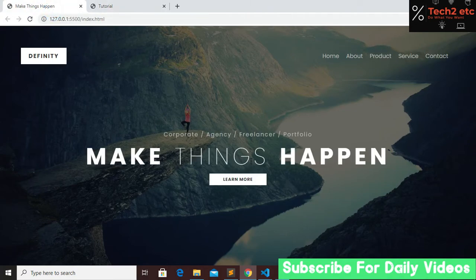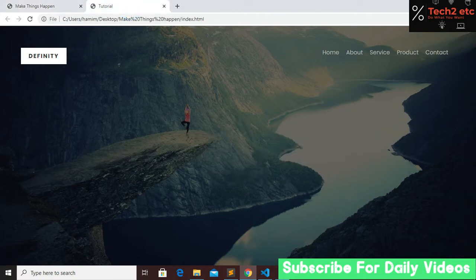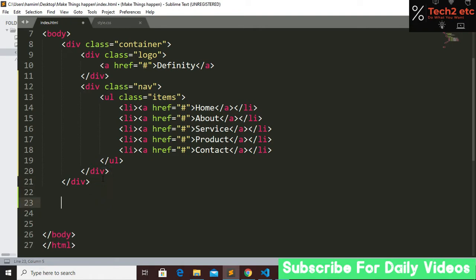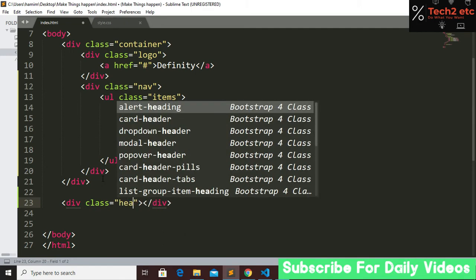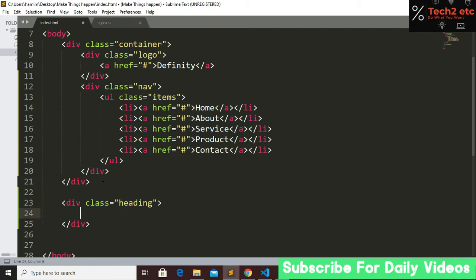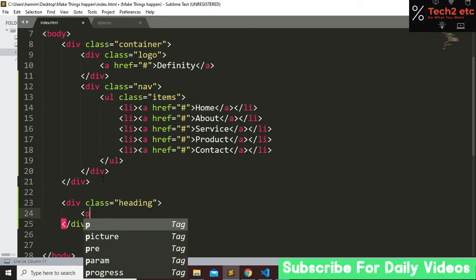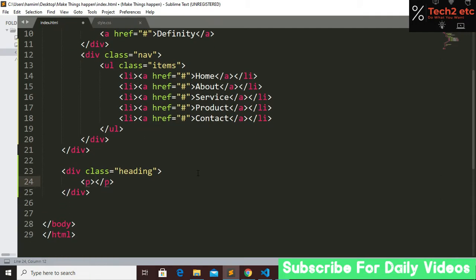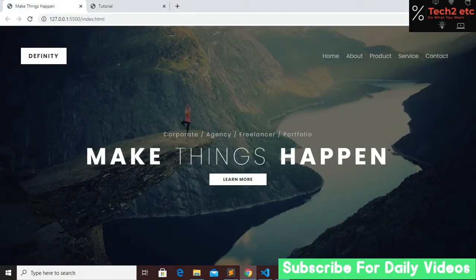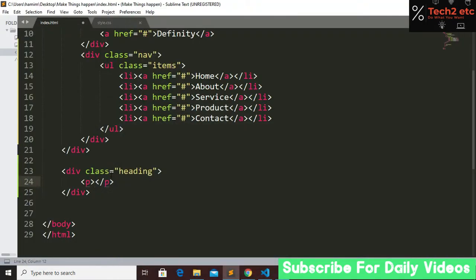Now we have to create these headings. So go to our code editor, HTML file, and underneath this div tag we have to create another div tag, and this time the class name will be heading. That's it. Now we have to create a paragraph tag, and inside this paragraph tag I will put this line. So copy this line from here and paste it here,